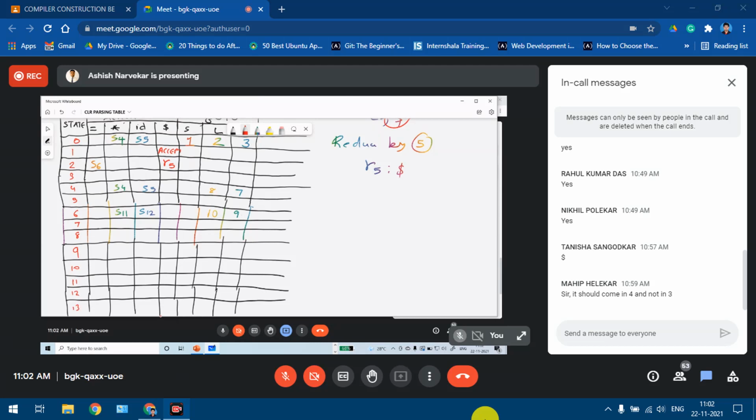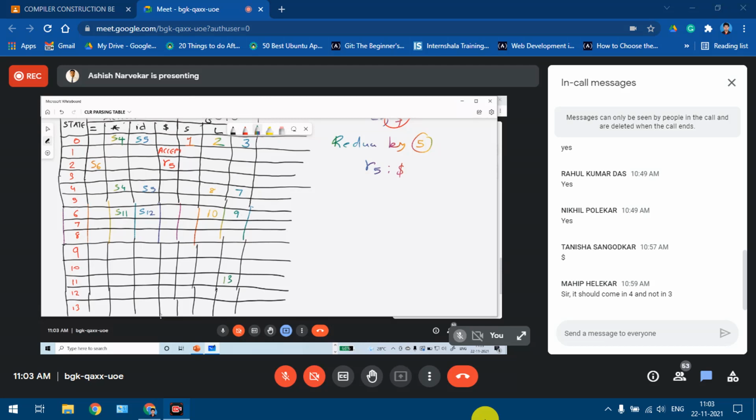Okay, so state numbers 7, 8, 9 and 10 have just the final items. There are no shift entries. So we go directly to state number 11. From state 11, we go to 13 on a capital R. So it will be just a 13 over here, since it is a go to entry.